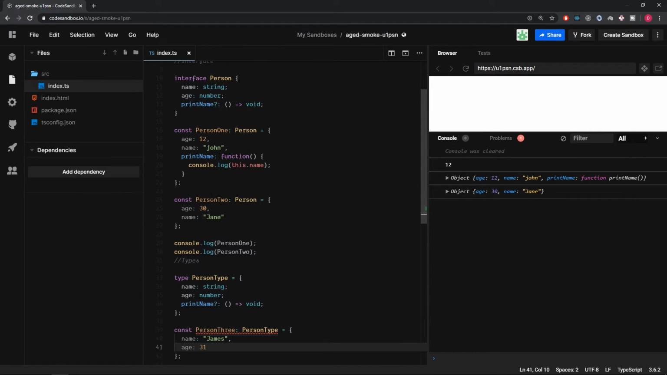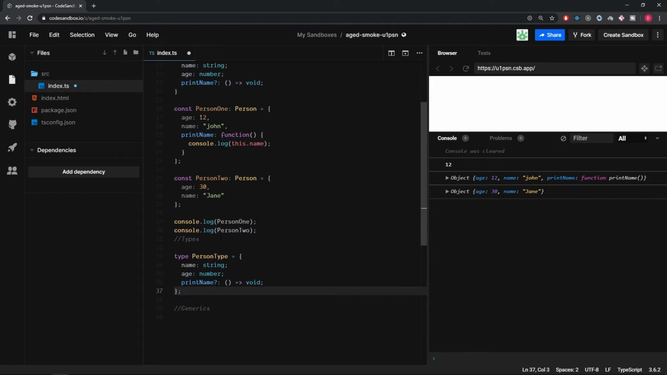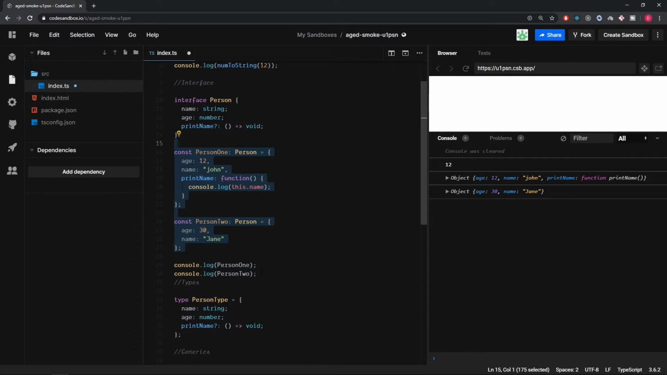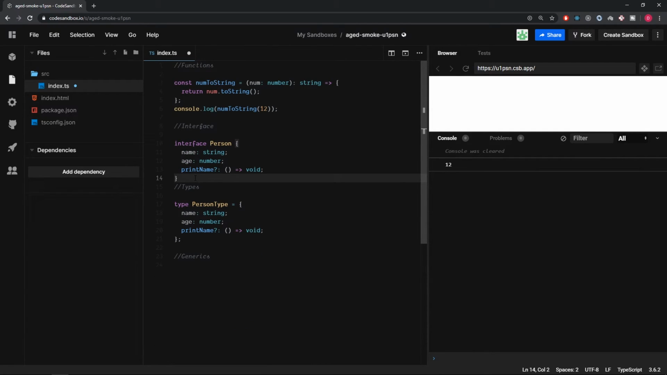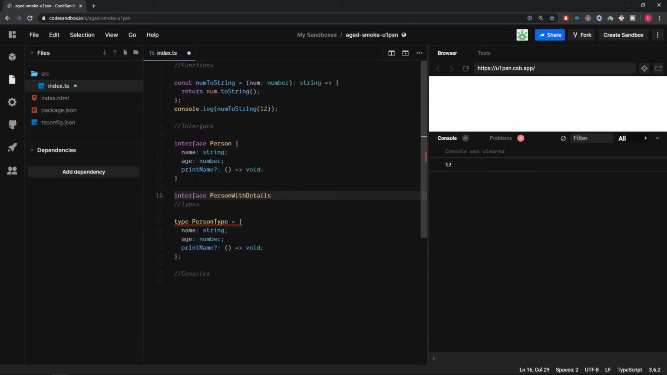So types and interfaces are quite similar, as you guys might be able to tell. One of the things that you can do with interfaces that you can't do with types is, if I just remove all of this, actually it's fine, let's remove it for now. So what we can do with an interface is create interface person with details, and what I want this to do is extend person. So now let's just say person with details has an email, which is a string, and let's just say